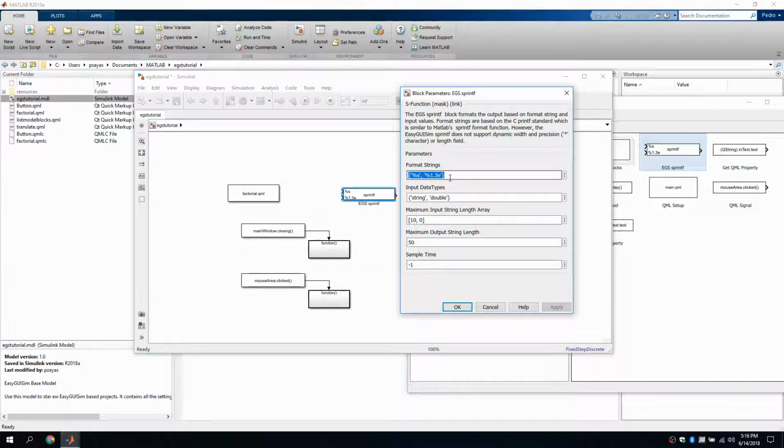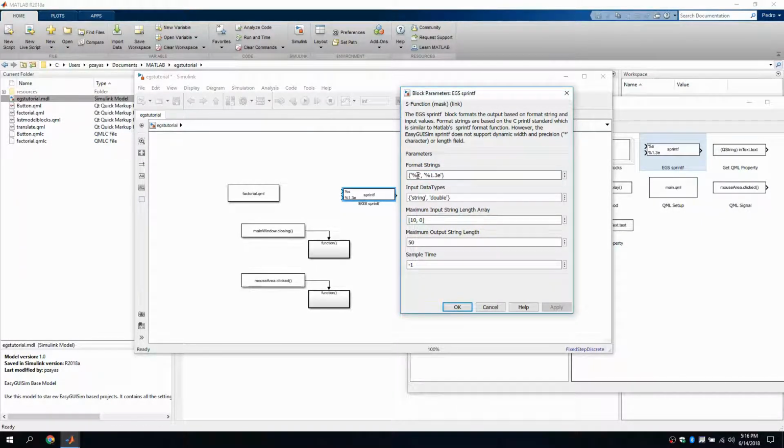Every string needs to be terminated by an ASCII null character that marks the end of the string. The null character is represented by the integer 0. All array values after the null character are ignored. Therefore, to create a string constant, we need to convert the string to uint8 and add a 0 at the end. Let's go back to the printf block to go over the parameters and how the block works. The first parameter is a cell array containing the format strings that define how each input will be formatted on the output string.